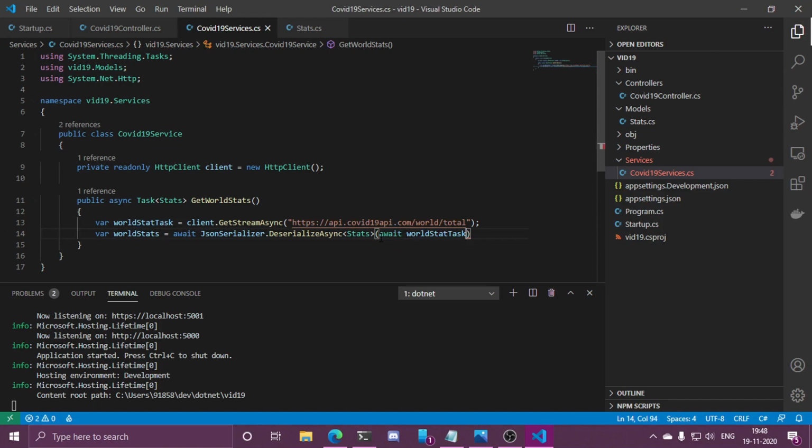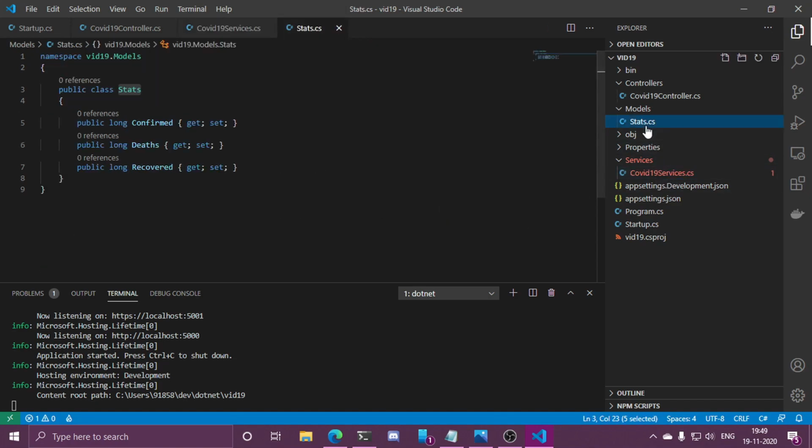So basically this thing will get resolved first of all, and then it will be fed into the deserializer. The deserializer is programmed to parse the incoming fields and auto-populate the output as per the stats model. So the stats model has these fields.